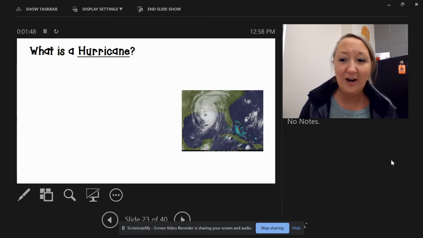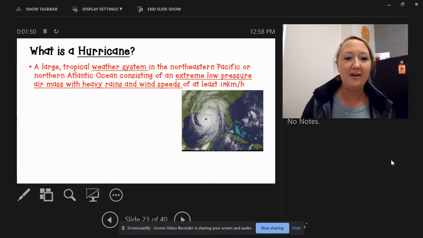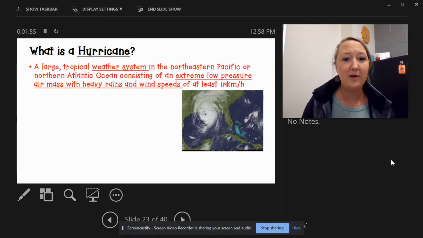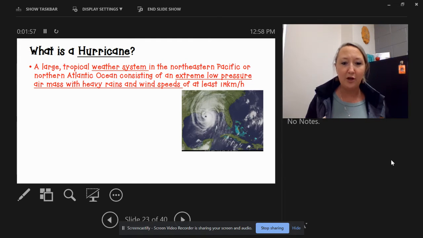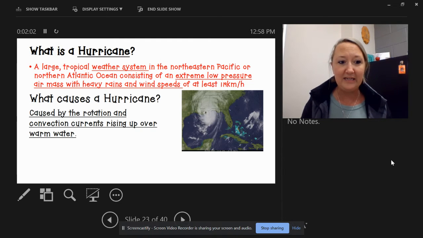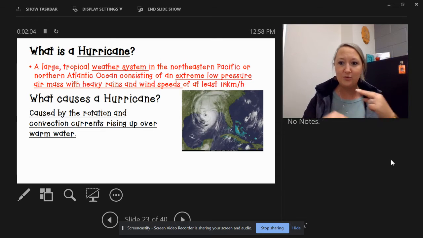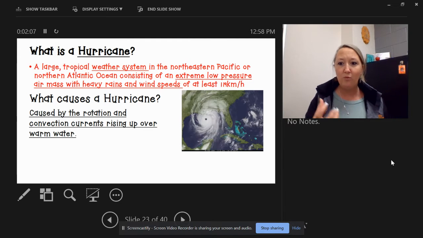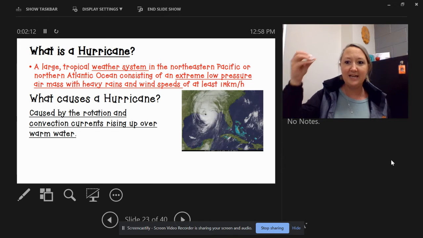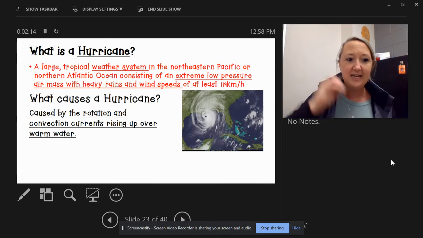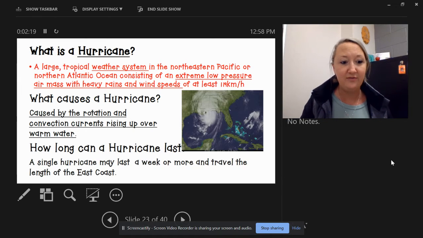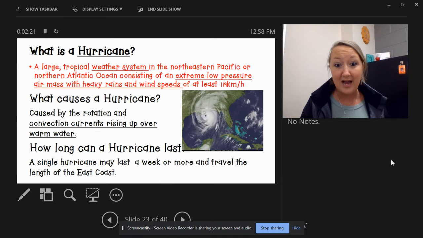All right. Hurricanes are another type of natural disaster that are caused by weather, right? This is a weather system that occurs when we have a really, really low pressure air mass over a warm body of water. And so basically what feeds it is convection currents, right? Those rotational currents of air. There's warm water at the bottom. The more the air gets warm, it rises up and it causes this rotation to happen. And that rotation causes the spinning of this larger section of air. They can be very, very wide, miles wide,